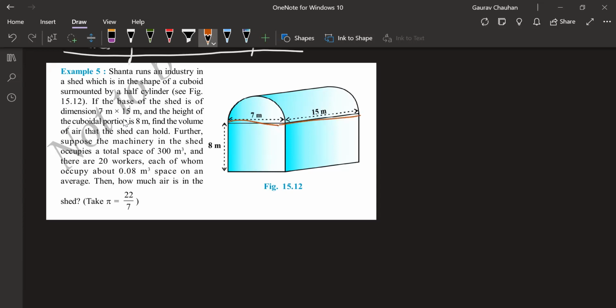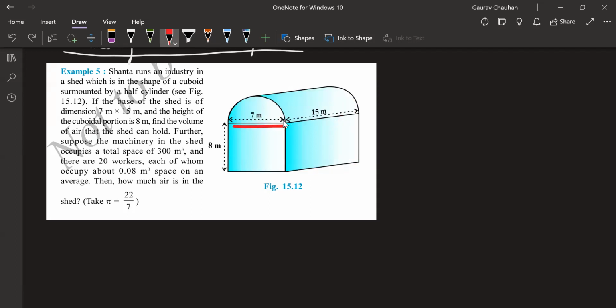Can you see that? This is a cuboid. Okay. Mounted by half a cylinder, and note that half a cylinder is like a cylinder cut from between. It's like cut the center. Yes, correct. He's getting the thing. If you cut like this, then it will still be a cylinder only. Okay. So if you're following what's happening here, there is a cuboid here, and then there is half a cylinder on top of that.